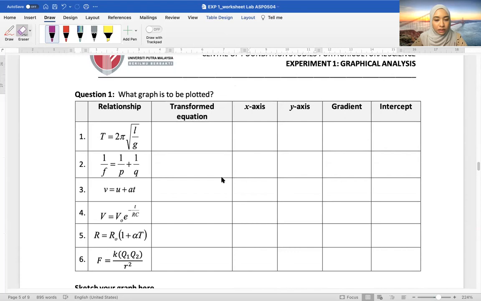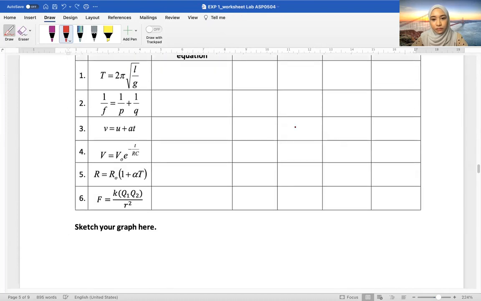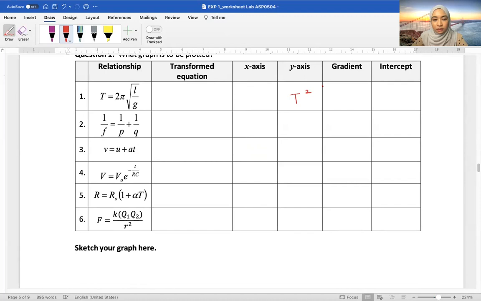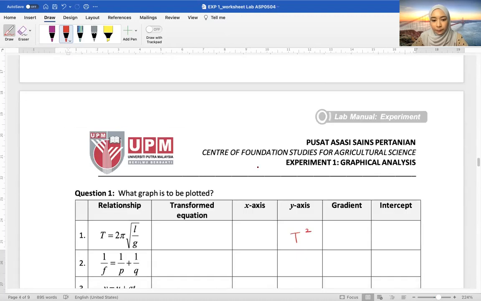Okay, transform the equation like I showed you before. T squared equals 4 pi squared L over G plus 0 if you want to add the C, and then tulis what is the y-axis. T squared. What was the y-axis tadi? L, saya dah buang lah pula. L kot. L, and then the gradient is,